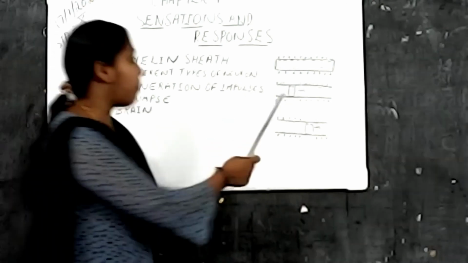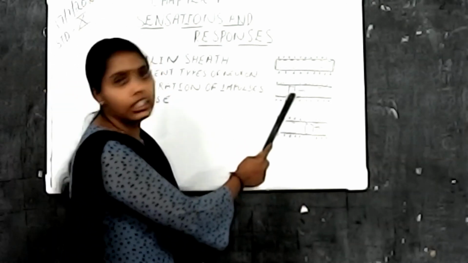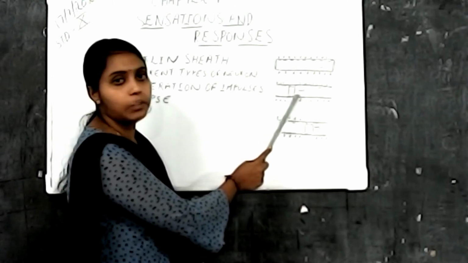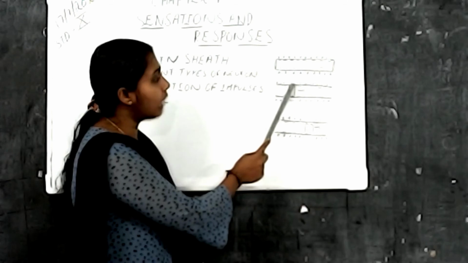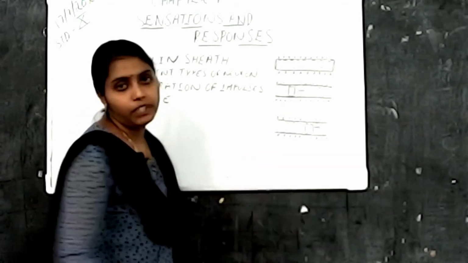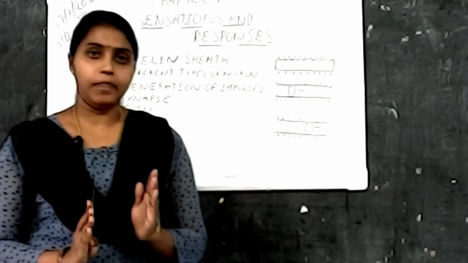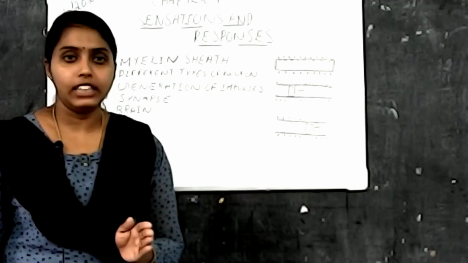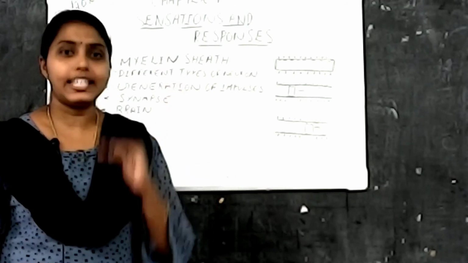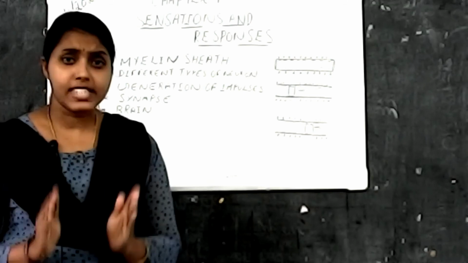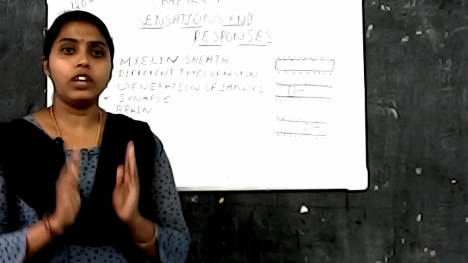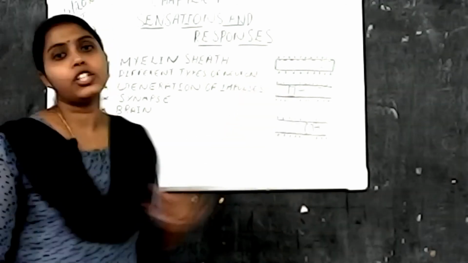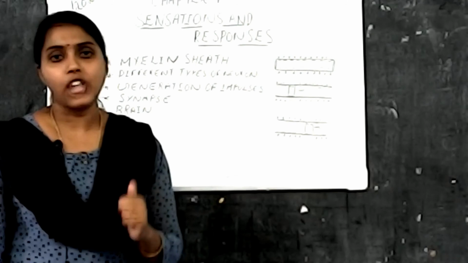So when a stimulus reaches the axon, there occurs a charge difference. You can see in this area, this is marked as the stimulus. In this area, you can see outside negatively charged and inside positively charged, in that portion only. Normally, the plasma membrane of the axon is positively charged outside and negatively charged inside. When a stimulus enters there, in that portion only, where the stimulus is, there occurs a charge difference, that is, negatively charged outside and positively charged inside.